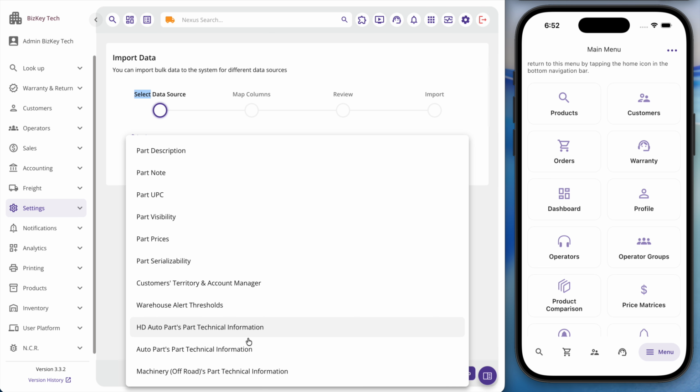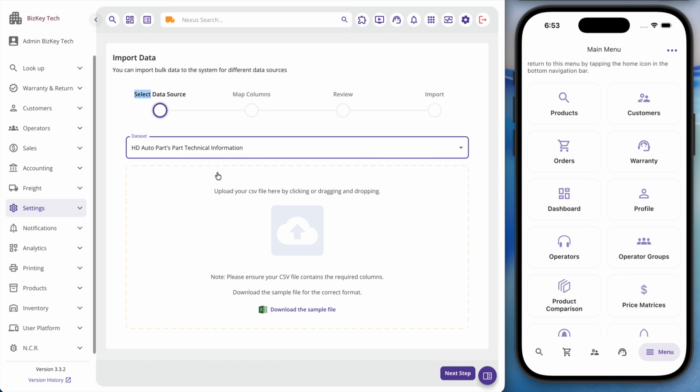The very second one is enabling you to provide and import product technical information for each of the different industries available to your organization. In this demo environment, we have 3 of our industries. I'm just going to select the first one, and the purpose behind it, again, is very similar to the last one, and it kind of avoids or like makes it easier for you to do data entry for most of